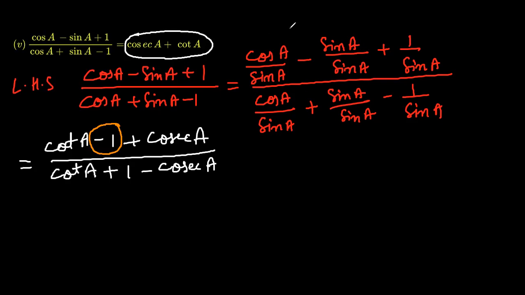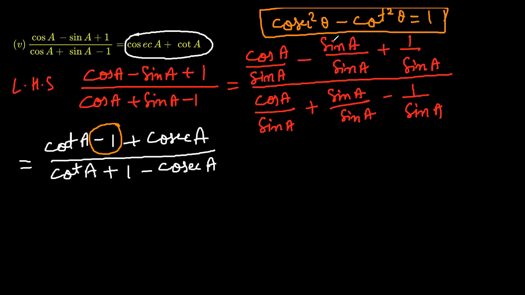And the identity that we are going to use here is cosec square theta is equal to 1 plus cot square theta, or cosec square theta minus cot square theta is equal to 1. So this is the identity that we are going to use here. Let's use it here, rewrite it. And now this thing can be written as